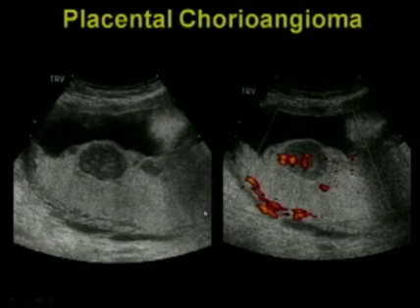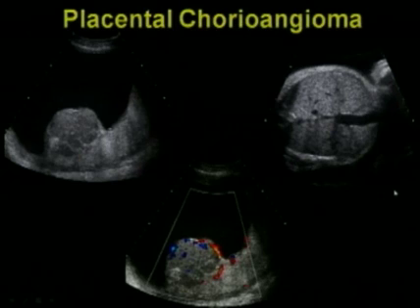And here's an example of a placental chorioangioma. The placenta is mostly quite homogeneous, but there's a focal hypoechoic area right here that has quite a lot of blood flow on the color Doppler view. This is a chorioangioma. As I mentioned, they usually cause no problems, but when they're big,